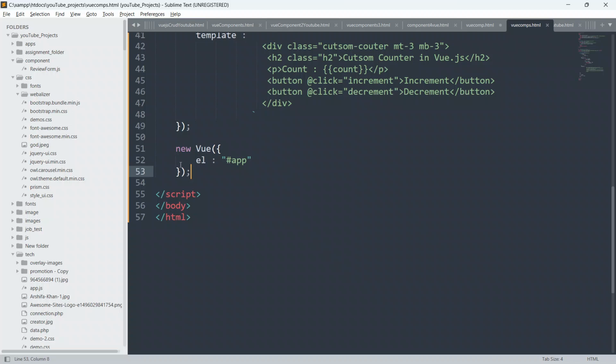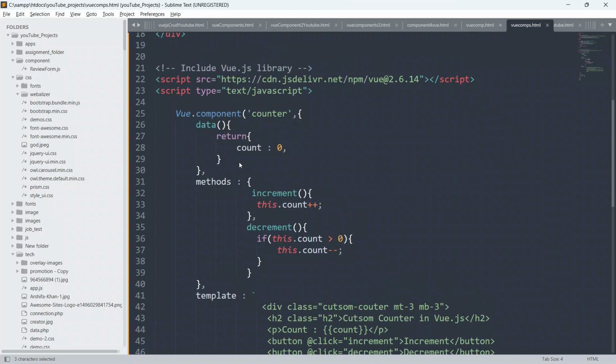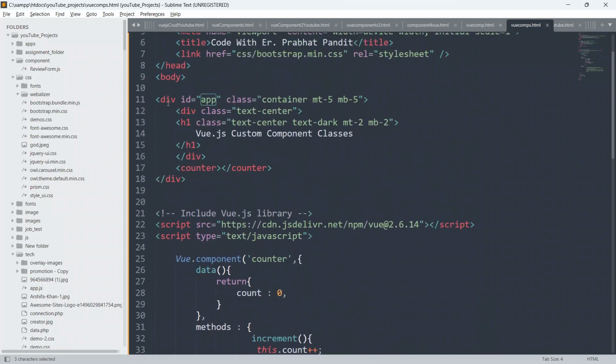Okay, so guys, this is the instance of Vue.js, and by using this instance we are saying el, and by giving the colon, you can define classes here and an ID also here. As of now you can see I am defining the ID because I have given a hash here, and the ID name is app, and we have to call this ID inside our HTML part where you want to show this custom component to the user.